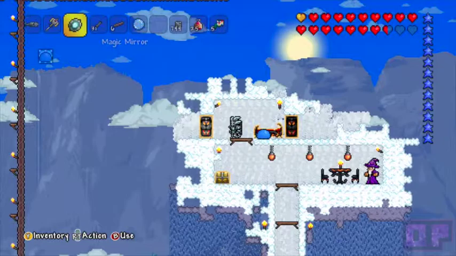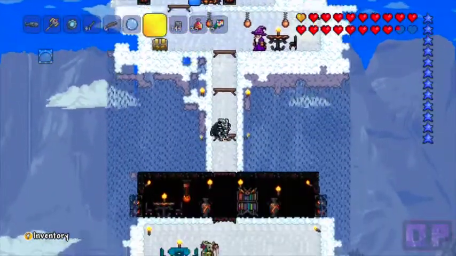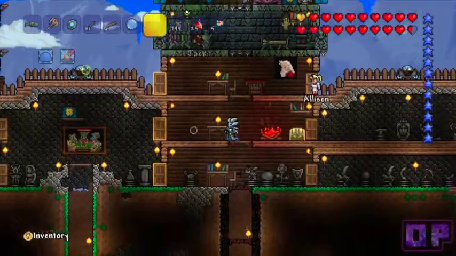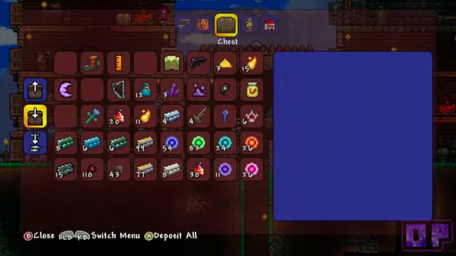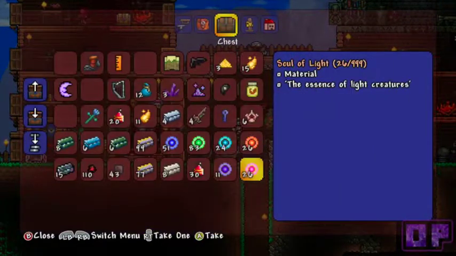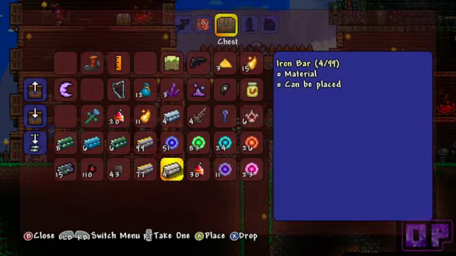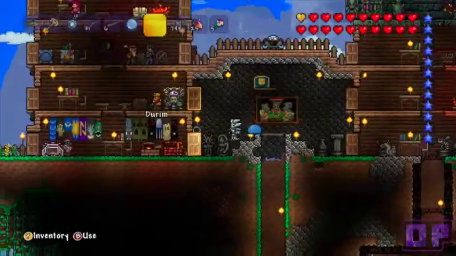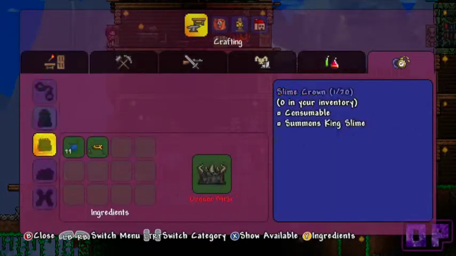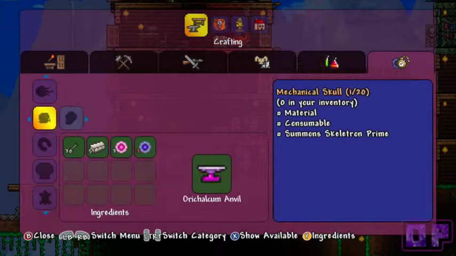Took some damage there. And yeah, unfortunately we can't actually go and summon in the Skeleton Prime just yet because it's daytime. So I'm just going to take the equipment that I've got stored away here and go and make it. So we need 3 souls of night, 3 souls of light, and 5 iron bars, along with our 30 bones, and that should be enough at the mithril crafting table to make our mechanical skull, which is...